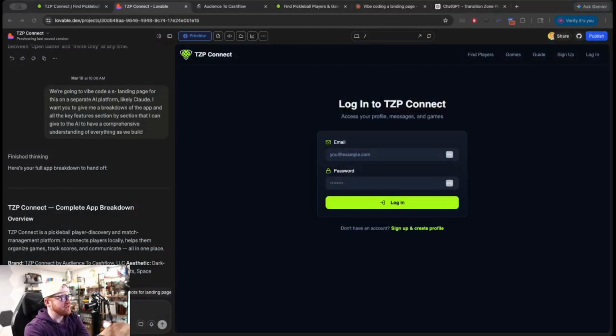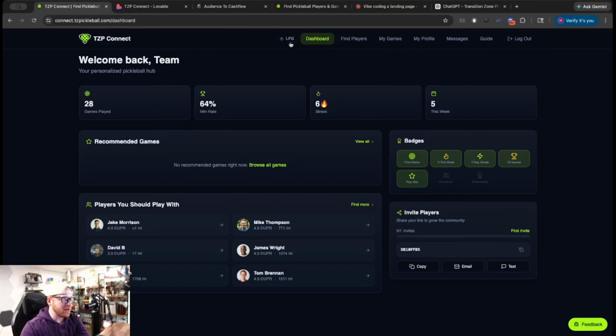Vibe coding has completely changed the game for me. I'm building better and faster than ever. And today we're going to pit two tools against each other to see what is the superior vibe coding large language model. For some quick context, what we're going to be doing is vibe coding a landing page for this